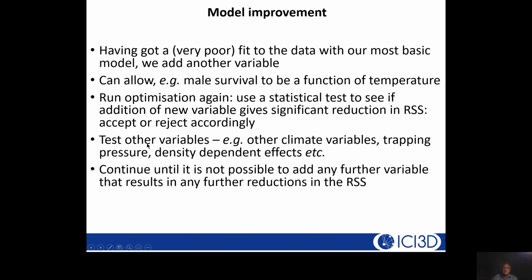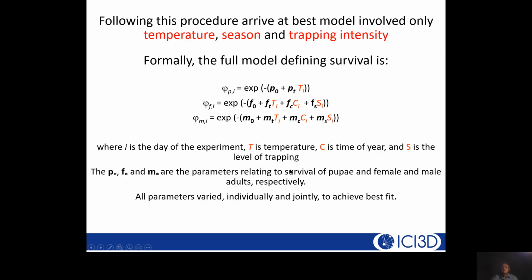And we keep doing this, keep adding parameters, and each time, hopefully, we reduce the residual sums of squares. So we put in climate variables like temperature, effects on the pupae, effects on the adults, humidity, residual saturation deficit, and also how many traps we were using on the island, and whether there are any density-dependent effects. We put in all of these factors and continue until we can't find any more parameters that give a reduction in the sums of squares. That doesn't mean we've got the best model. It means only that we can't find one which is better, which is a different thing, of course.